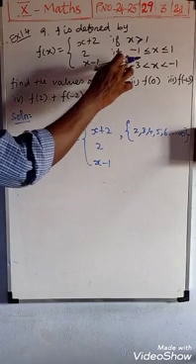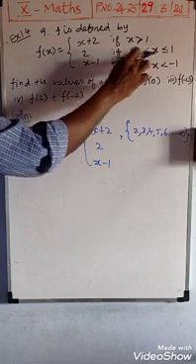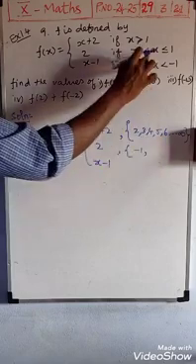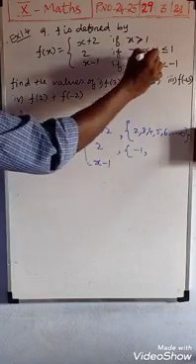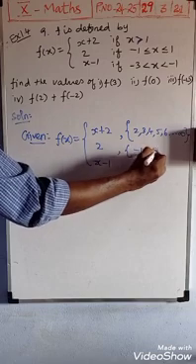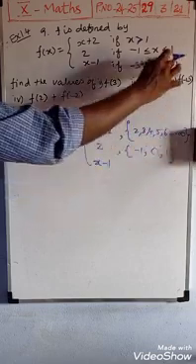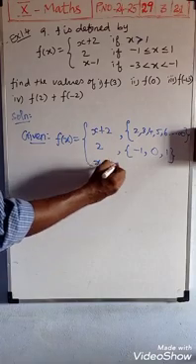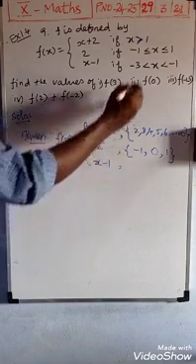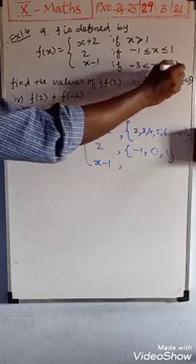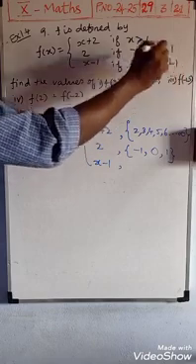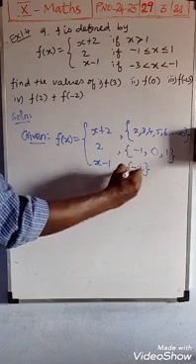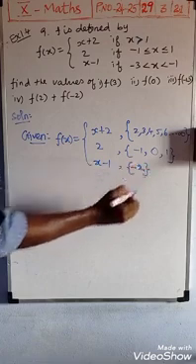Next, here x lies between minus 1 and 1. Then you will choose minus 1, because less than or equal to is given. So minus 1, the next number is 0, the next value is 1. 1 also we want to choose because equal is given, less than or equal to 1. Next, minus 3 is less than x is less than minus 1. So between minus 3 and minus 1 you choose minus 2 alone. This interval will take minus 2 alone.